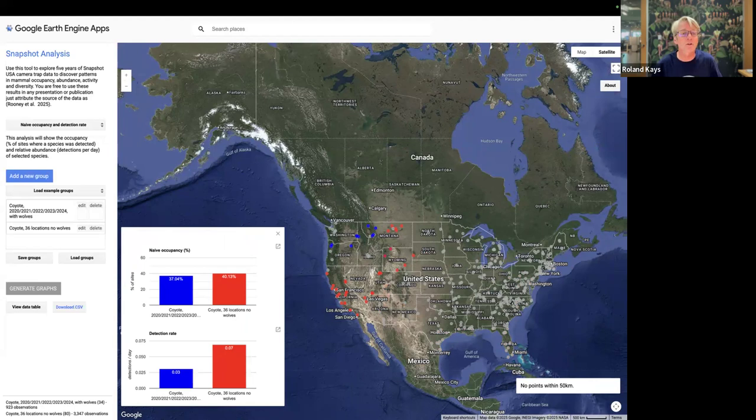So, okay, I think we'll wrap it up there. Now you've seen how to look at detection rate and occupancy. There's more in the tutorial if you want to see the detail about how these are estimated, how they're calculated. So I'm going to sign off for now, and then we're going to jump to the next analysis, which will be species